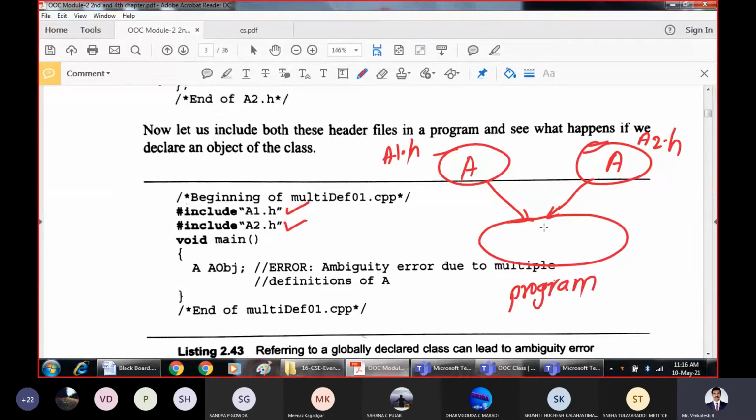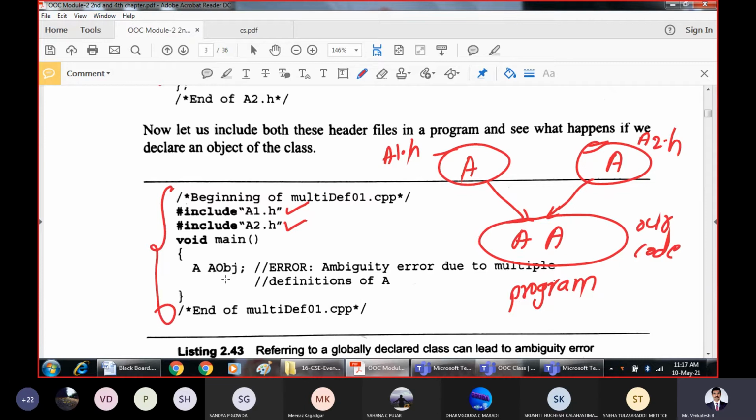Now what happens? There will be two copies of A now. One copy which is present in a1.h, one copy which is present in a2.h. That means now there are two A's in our source file, which we are trying to write.